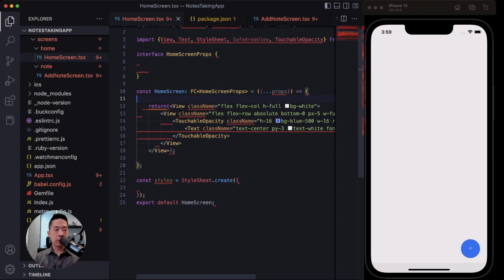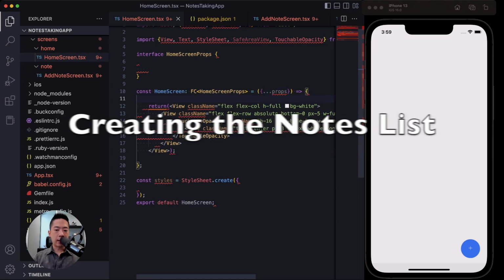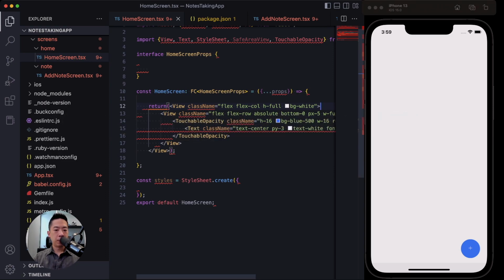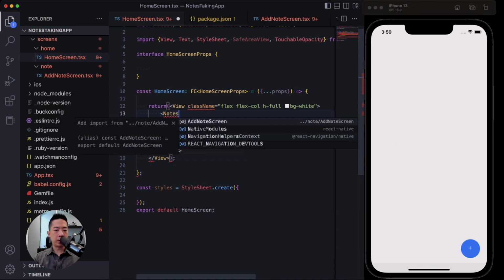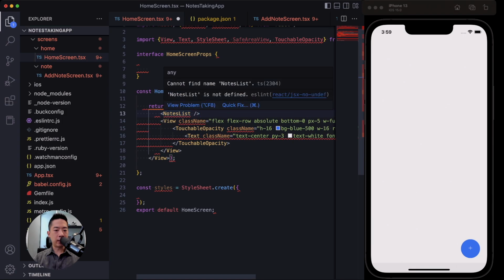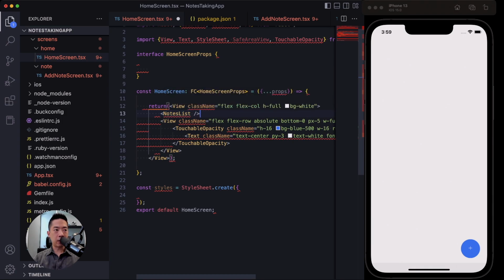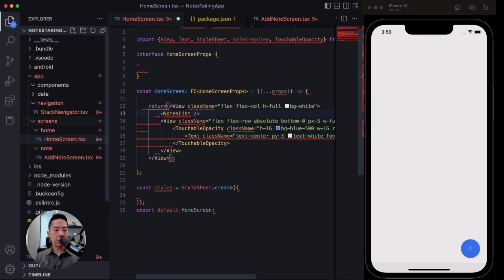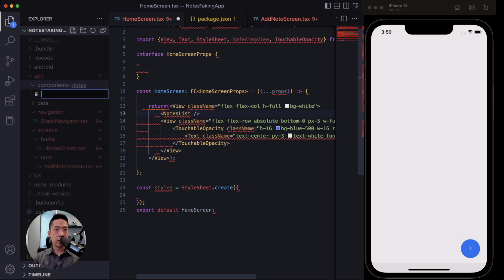Before that, we will create a new component for our nodes list. Over here, we'll say NodesList. Obviously, we have not created this yet, so let's not save this home screen for now. Let's go to our components, and in our components we're going to create a new folder. Let's call this nodes. And in nodes, obviously we're going to create a new file. Let's call this